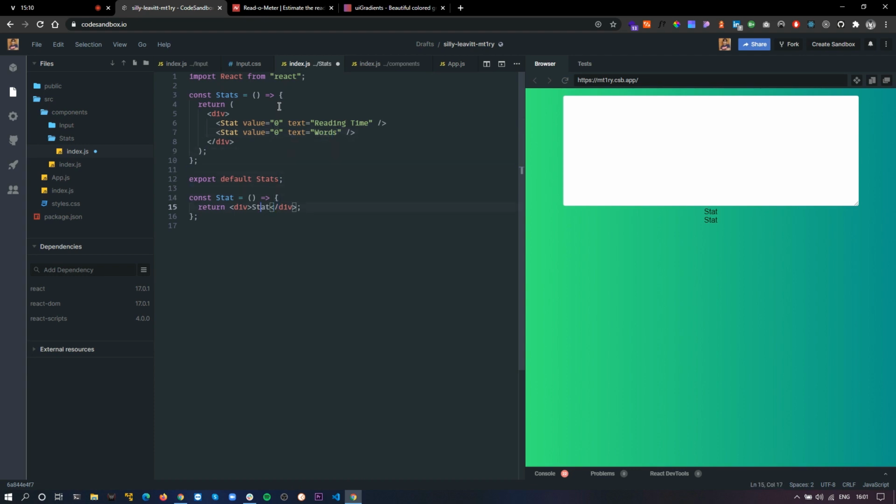Now I go to my stat component and fetch those values, not fetch yet maybe. Okay, so this is done. I'll just render them here.